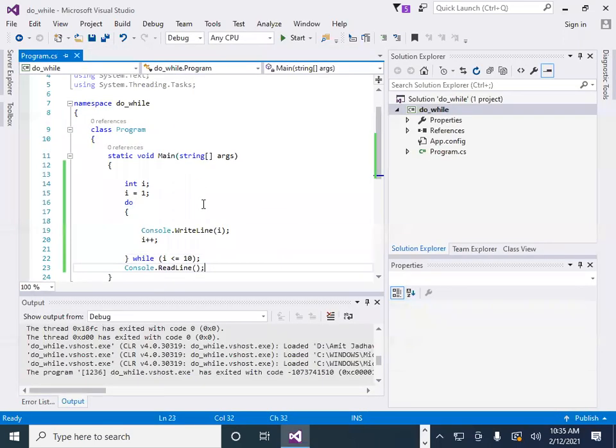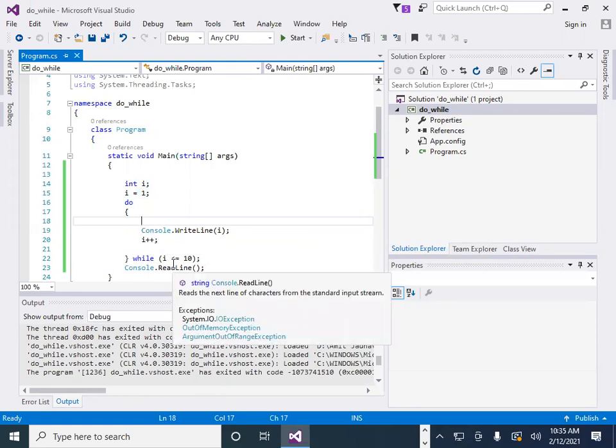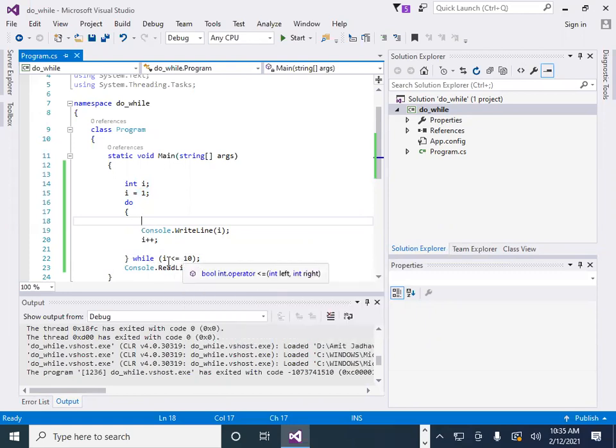So in this program we initialize the value to 1, we check the loop. So here we first define the variable I, assign its value 1, then here we start the do console.writeLine I. So it will print the value of I, that is 1, then we do the increment. Okay. So here it checks whether I is less than or equal to 10.